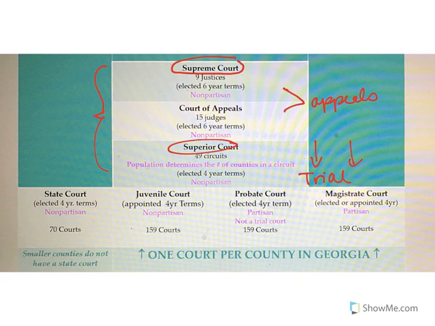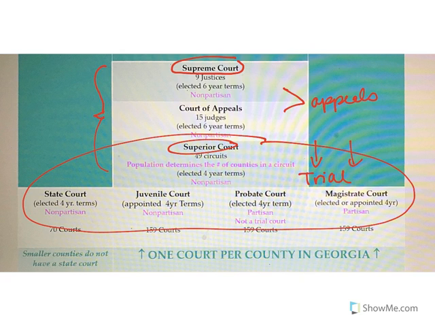Basically, if you do not like the way your case resulted in a trial court, you can file for an appeal if you feel like something has been done wrong. If new evidence comes about, you can file for an appeal. Your appeal can be denied or accepted, so not every case can get an appeal. If you do not like what happens in the Court of Appeals, you can take your case to the highest court in the state of Georgia, which is your Supreme Court.